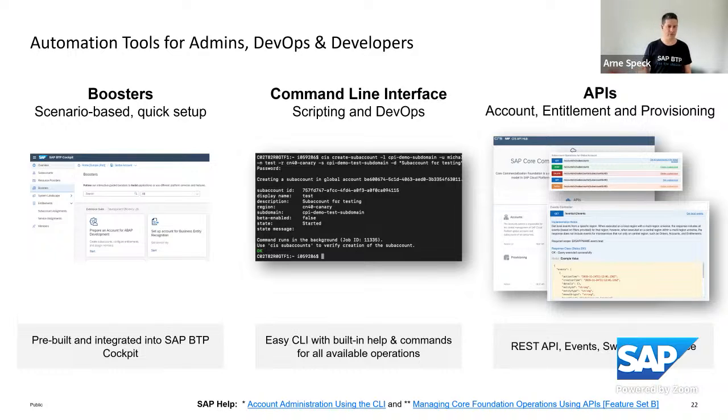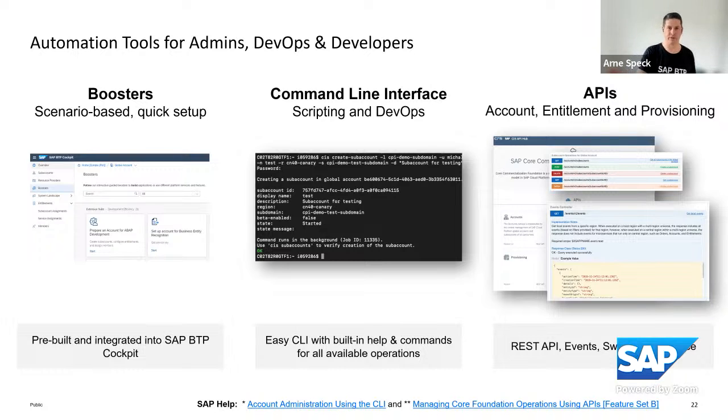So, for example, if you want to create a Build Code project, you will have a booster that will set up all the required services, do the subscriptions, do the instantiations and the configurations of the services for you, so that you can directly start to leverage Build Code to create and deploy your application here. Nevertheless, those boosters are also a great help, but if you really do BTP on a broader scale, you would want to create your own